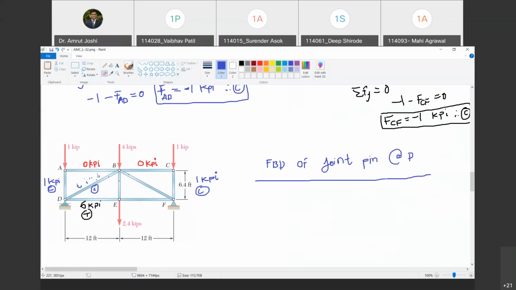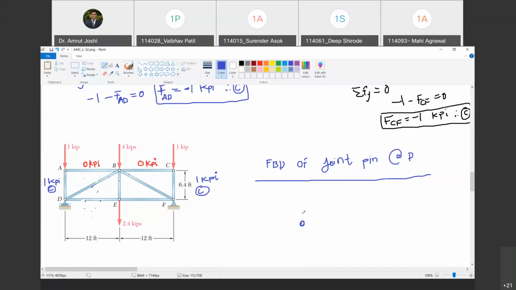In method of joints, we have not yet found out the force in this member. We have also not found out the force in this member. Are you with me? Yes, sir. ये तो अभी हमें फाइंड आउट करने हैं फोर्सेस इन मेथड ऑफ जॉइंट्स. We have started afresh. Now this is joint D.